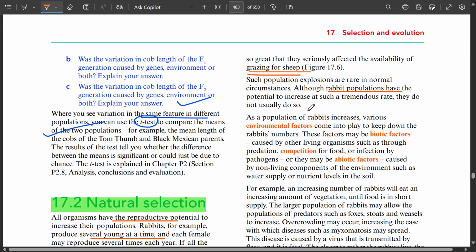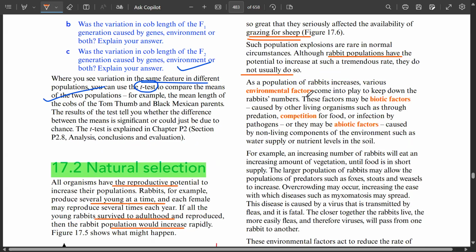As the population of rabbits increases, various environmental factors come into play to keep down the rabbit numbers. Like biotic factors will come, competition for food will come, or abiotic factors. Biotic factors are by living organisms, competition is also by living organisms, and abiotic factors include light, sunlight, water, soil, nutrients in the soil, all these things come in. For example,